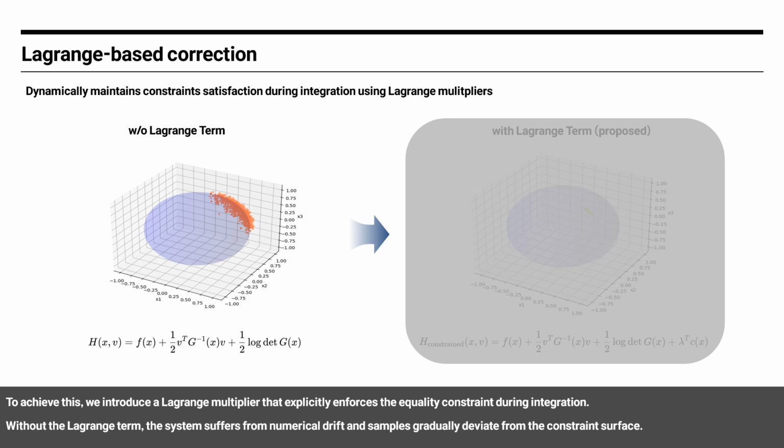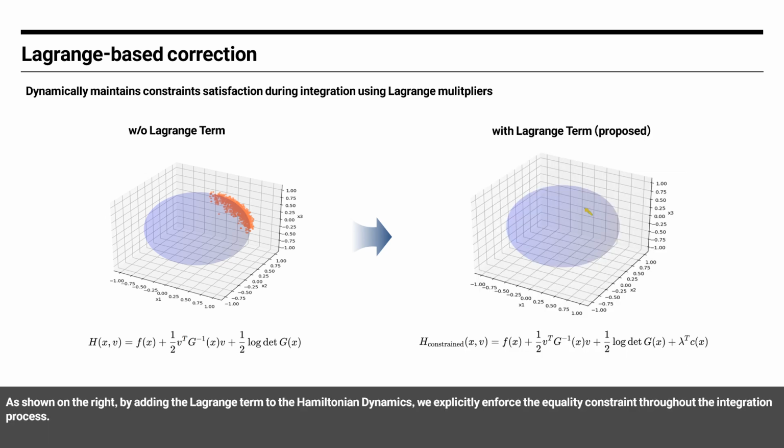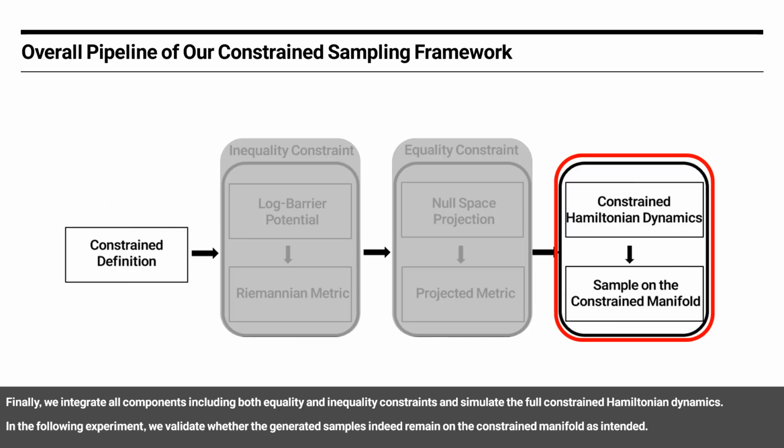Without the Lagrange term, the system suffers from numerical drift and samples gradually deviate from the constraint surface. As shown on the right, by adding the Lagrange term to the Hamiltonian dynamics, we explicitly enforce the equality constraint throughout the integration process. Finally, we integrate all components, including both equality and inequality constraints, and simulate the full constrained